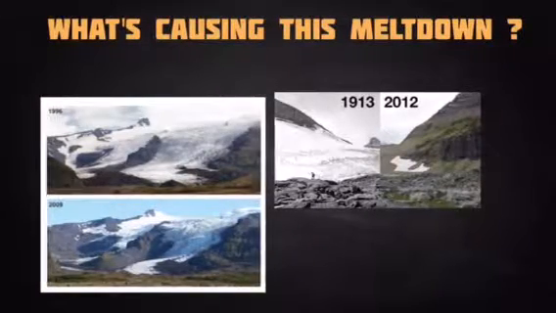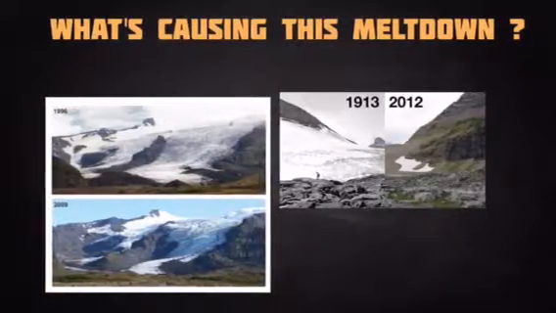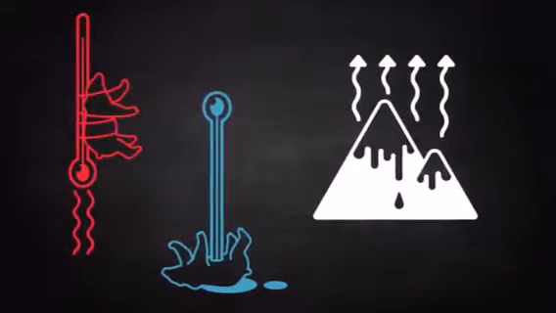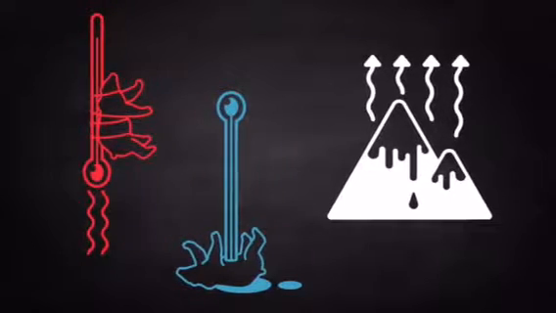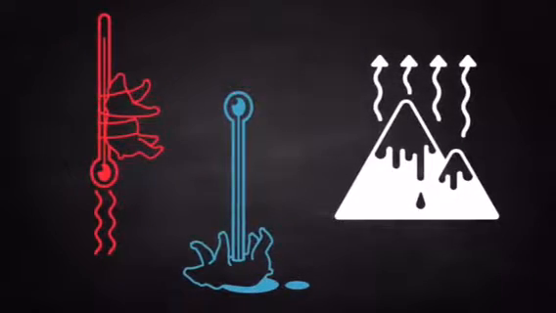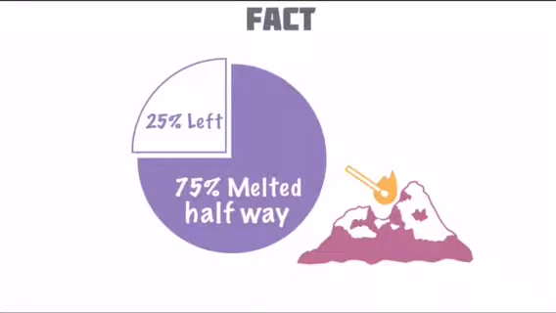We are destroying the Alps, Antarctica, and other tundra places. Half the ice there has melted in the past century, enough to fill all the lakes in Switzerland. 80 to 90% of what's left will be gone by 2100. Here's a fact. In the past 20,000 years, 75% of all glaciers have melted halfway, and the other 25% are still in good condition.